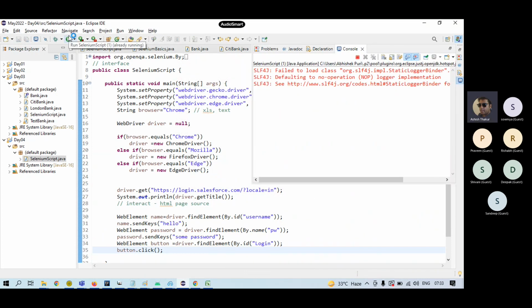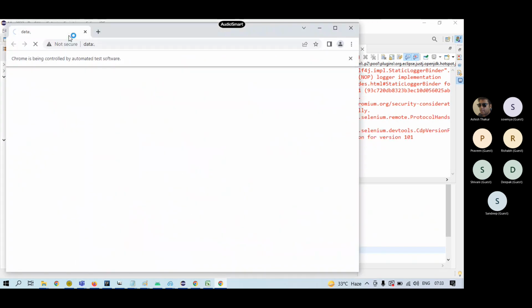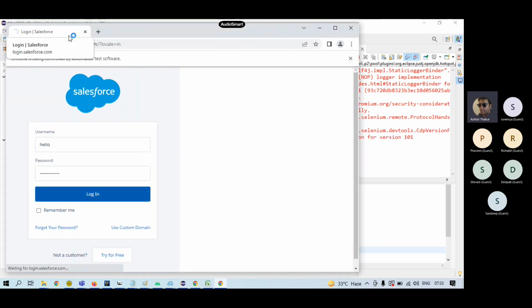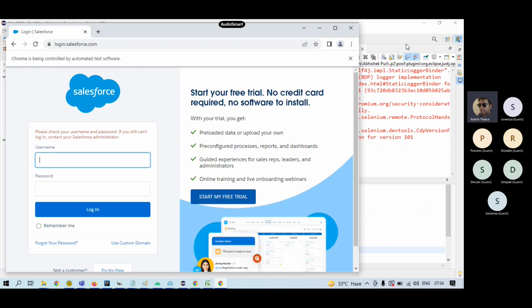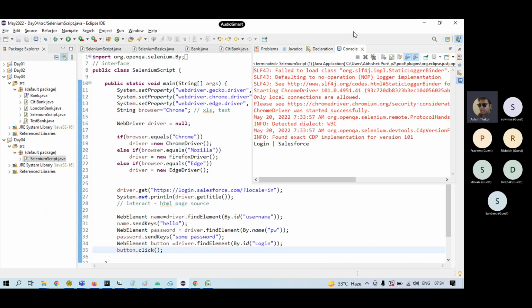So when you run this, it will see it's trying to log in. It's a failure, right? It entered the user ID and the password as well. Fine. Now,